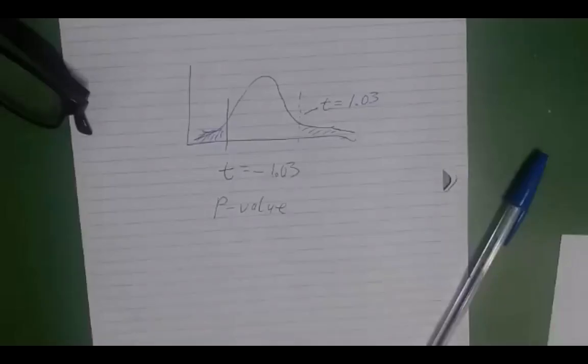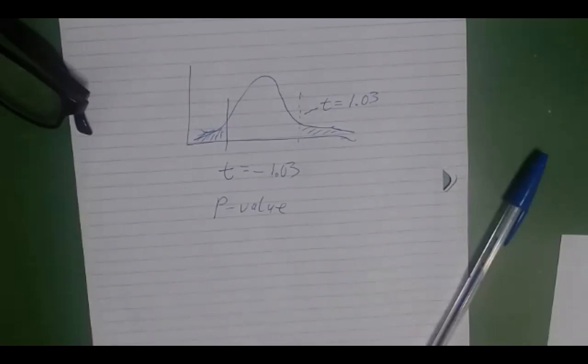So a p-value means, here's our t that we got, negative 1.03. The p-value is the probability that's past this t-score. That's what the p-value is: the probability of this area out here. But since it's a two-sided test, since we were testing that it's not equal to, the p-value for